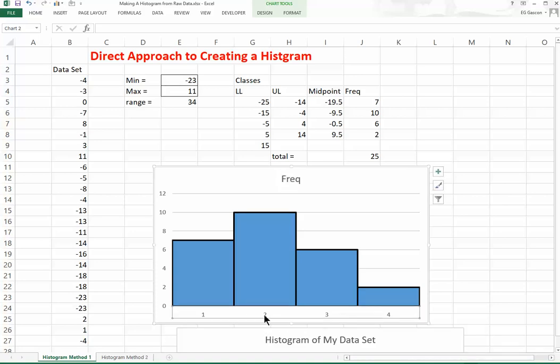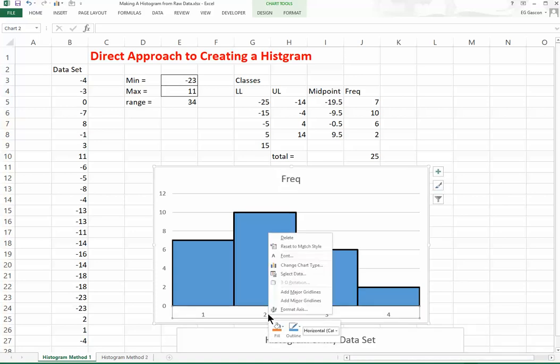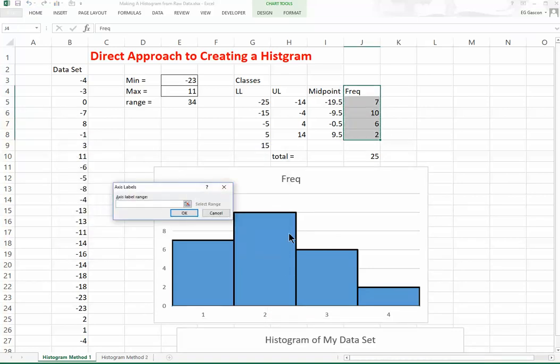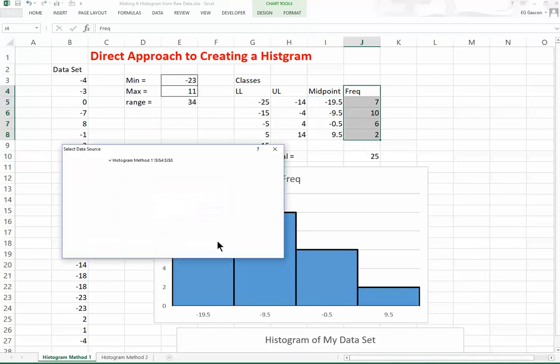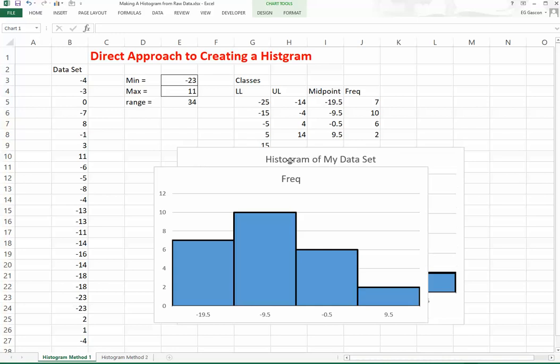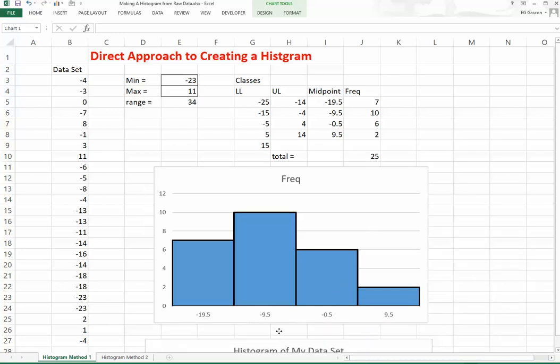And so if I click down here on the graph and click on Select Data, I will click on Edit, and instead of using the range that it used, 1, 2, 3, I will click on these values for midpoints and click OK. And now my graph's labeled with the midpoints of each class. I also want a label down at the bottom of this for frequency, and so I will do that